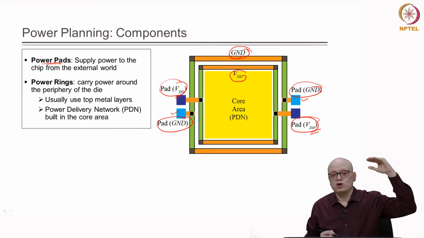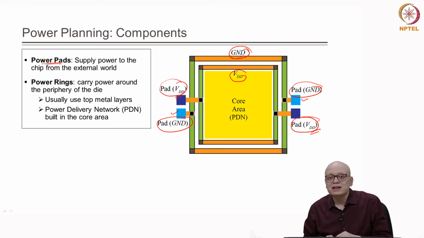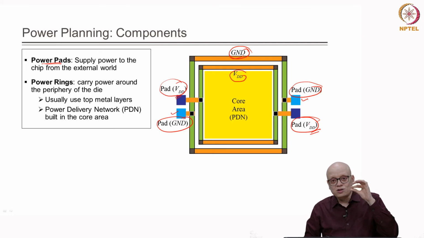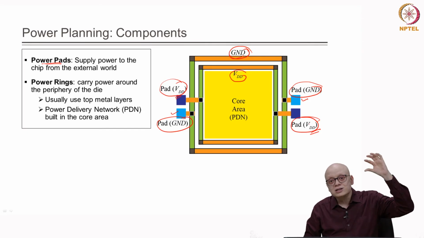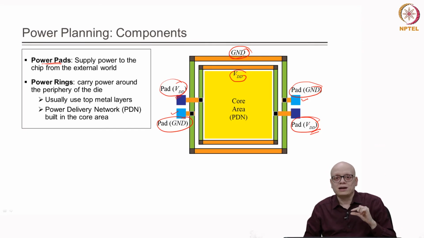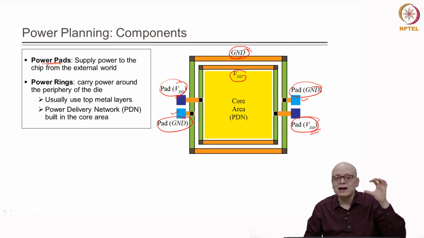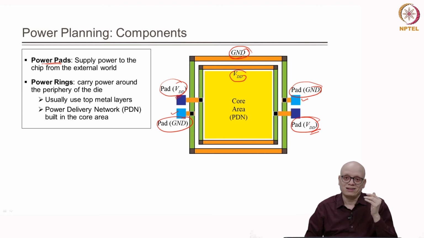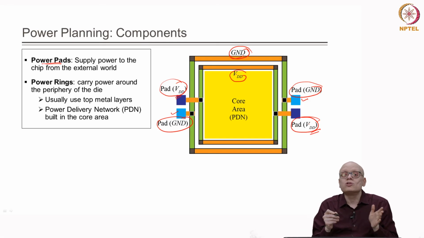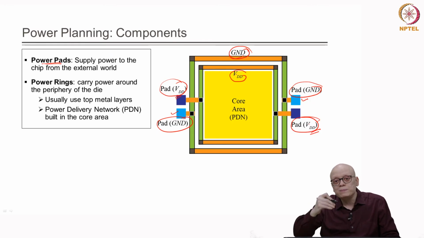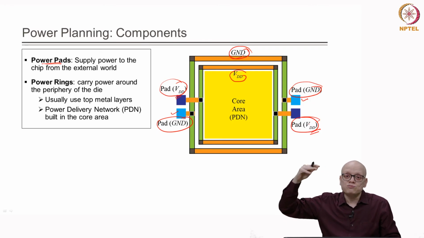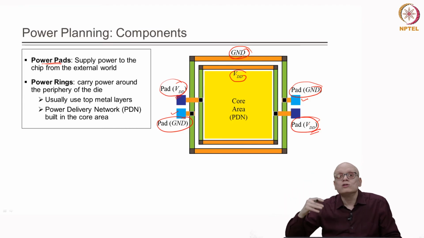Typically, we use the topmost layer, right. In the earlier lectures we had discussed that the thickness of the interconnects typically is larger at the top and lower at the bottom, right. Now, if the thickness of the metal layer is more at the top layer, it means that its sheet resistance will be smaller, and therefore, the resistance offered in the top layers of the integrated circuit will be lower, right. We want the voltage drop in the power lines to be smaller, and therefore, typically we use the higher metal layers for the power rings and also for power delivery